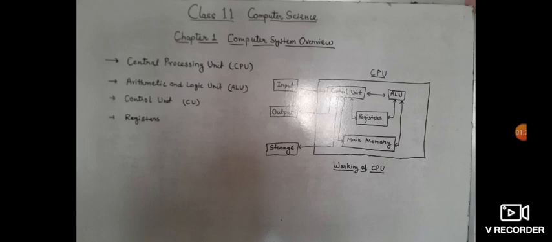Now come to the working of the CPU. How does a CPU perform its work? As shown here through a diagram, first the CPU accepts input from the user in the form of data and instructions, and the instructions or data are accepted by the CPU through the control unit. Now the control unit directs what function is to be taken on the data accepted.